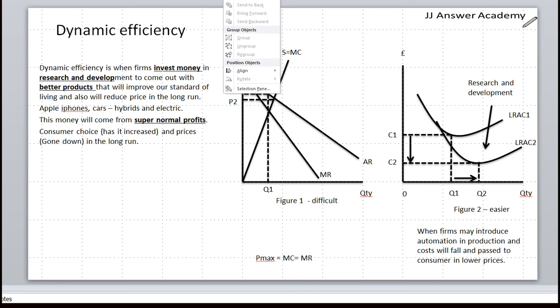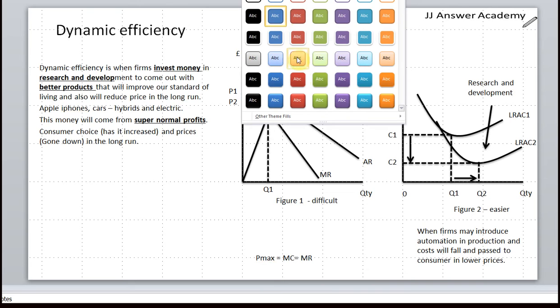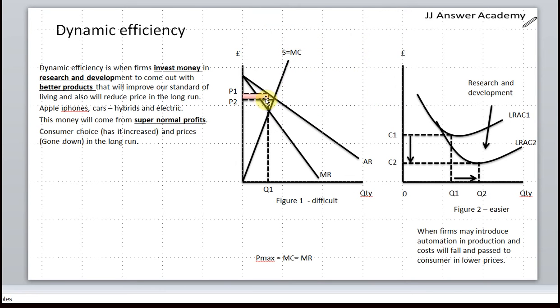And they're making supernormal profits, because they've increased the price at P1. So that's their SNP. Let me put that in the key as well. SNP equals